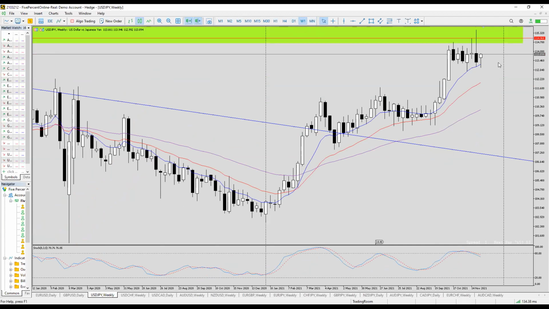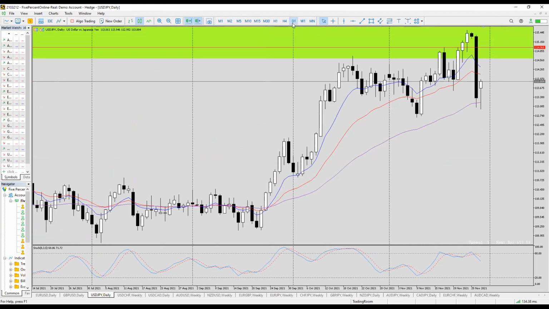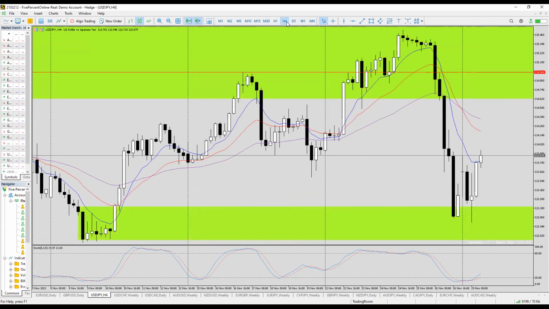On the other hand, the weekly chart is still bullish, and you can see there's an intermediate demand zone and this moving average. So for now, it could push it higher. On the other hand, we have these moving averages sitting on top. So yeah, Christian, definitely on the short term, you can still be bullish on dollar yen, and